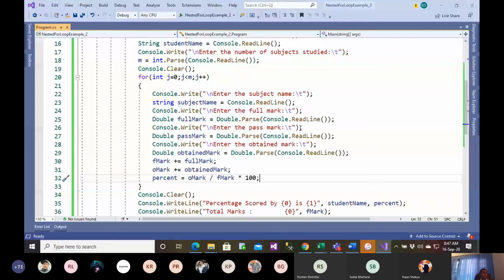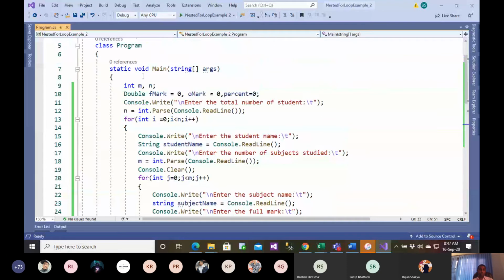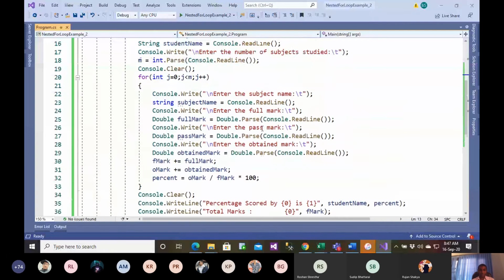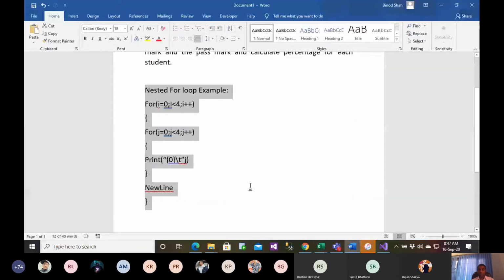If you do not have a question, then I am going to proceed with the while loop and the do while loop. The while loop and the do while loop are very similar to each other, but there are some differences. In fact, for, while and do while all perform the same operation, but there are some differences in the way they work and in the syntax. If you don't have a question, then I'll skip this and jump into the while loop. So I'm going to start the while loop now.